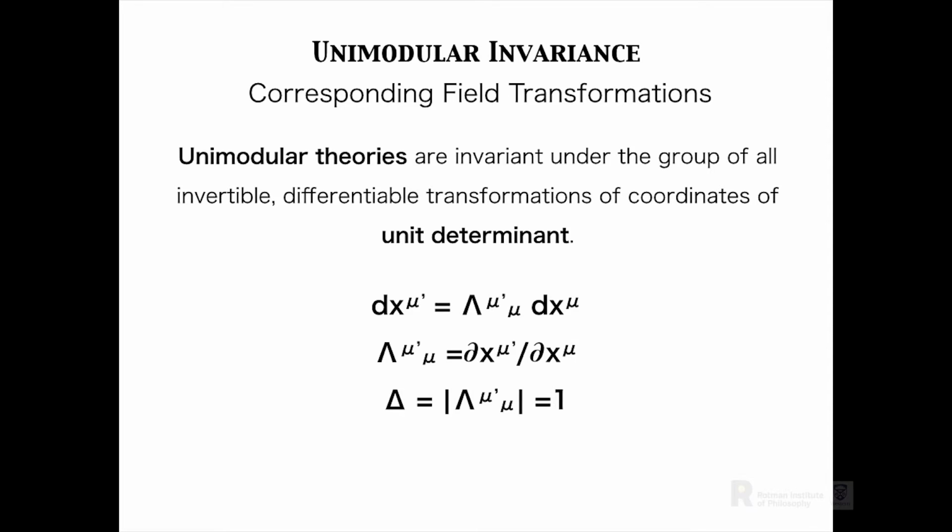Now, if you have a unimodular theory, this is what I'm calling unimodular theories, those will be invariant under the group of these volume-preserving transformations. Symbolically, what that means is that now you include all the transformations which have a determinant of 1. So the Jacobian has a determinant of